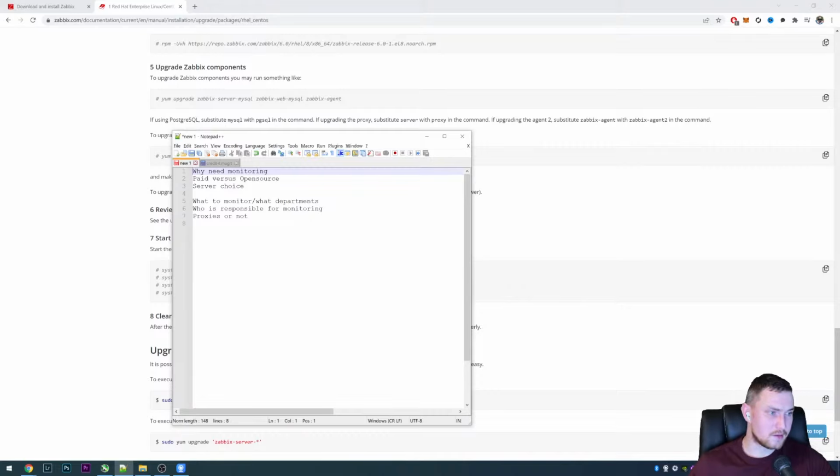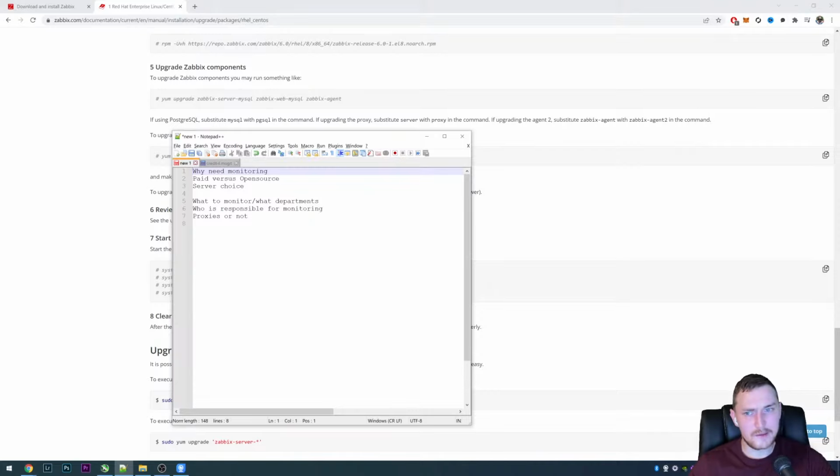So you need to monitor these Oracle databases, but you don't have any access to them. You don't have any idea what databases are actually running. There are some production or development or some test databases and stuff like that. You don't even have an idea how the Oracle database works and what metrics are important for it.